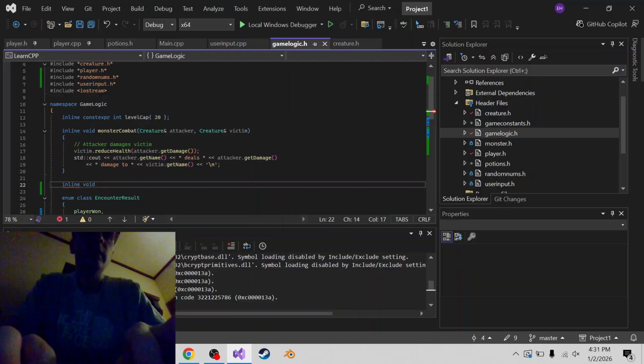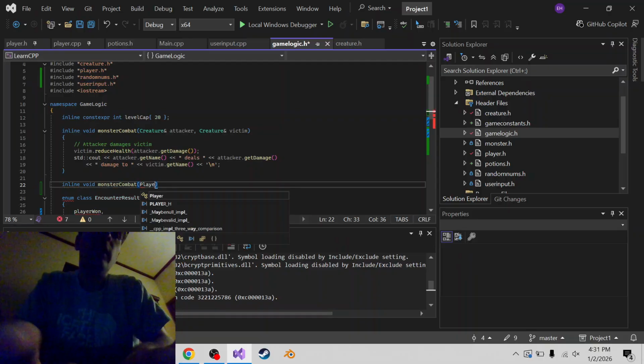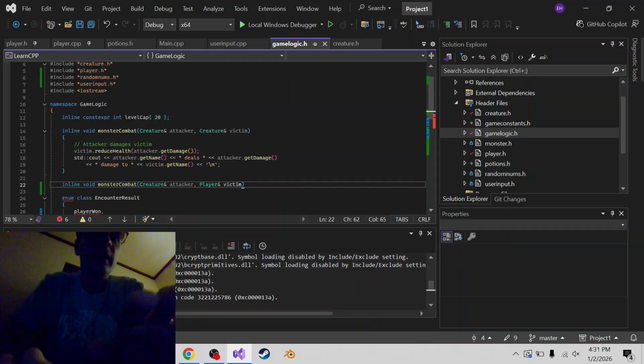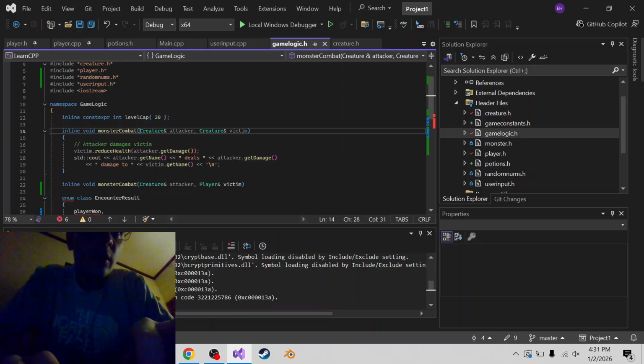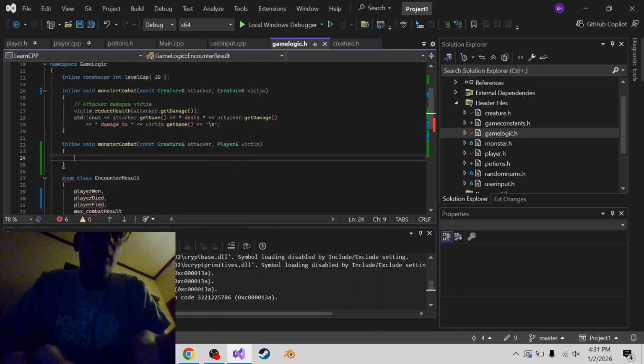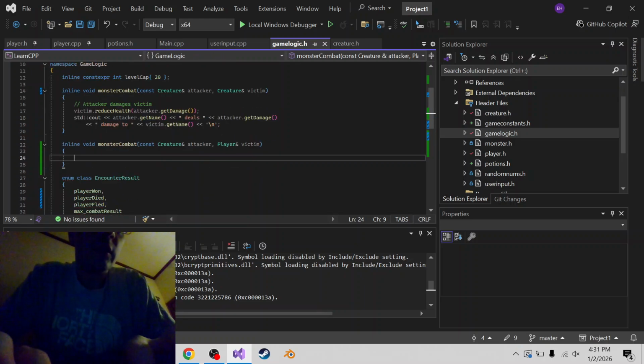And I probably should. Monster combat, but this time I say the attacker is a creature, but the player is the victim. And these should be const, right? No, because we're reducing health. Oh, we could do the attacker is const because the attacker isn't taking damage. Okay. So now what I could do is call